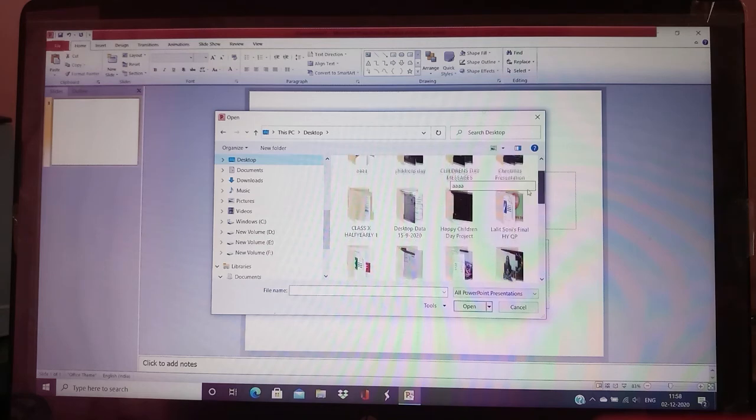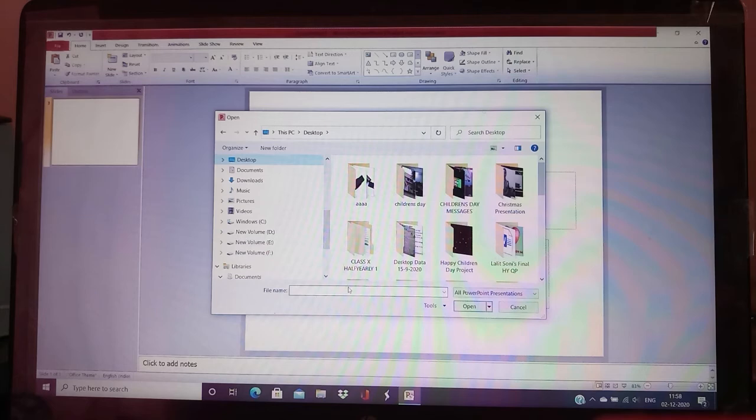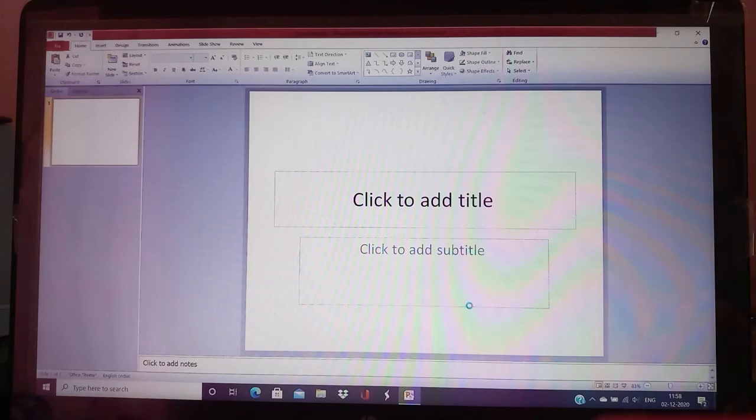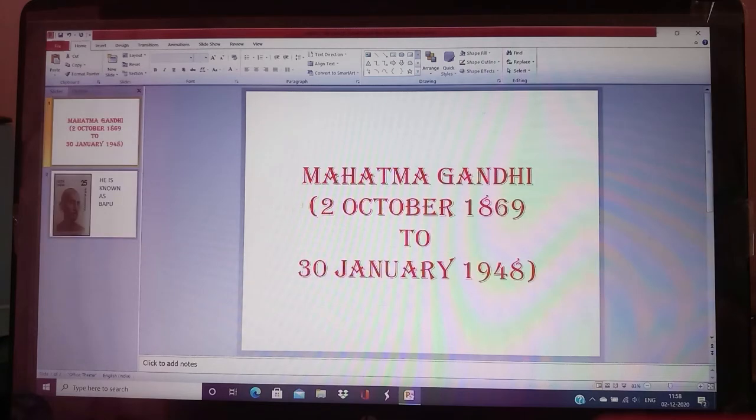Our file name was Bapu. So we will write it here and click on the Open button. As you click on the Open button, you will see that the file which we have saved is opening now.